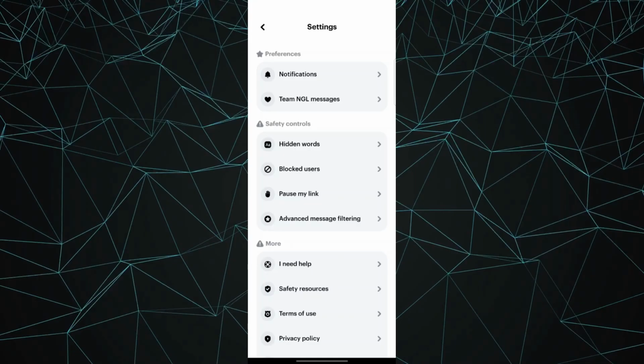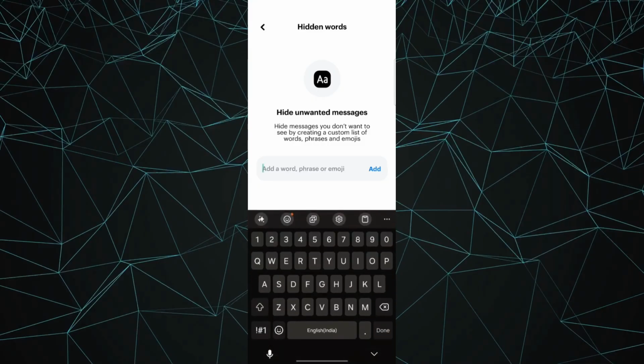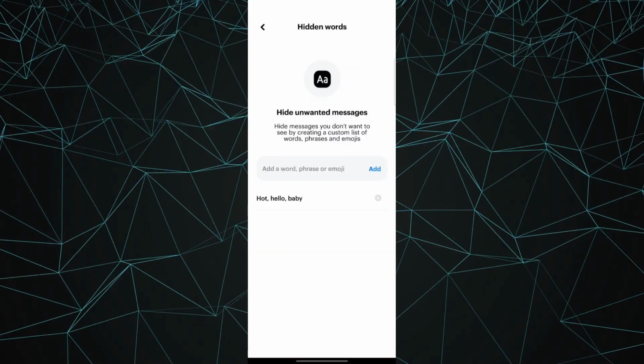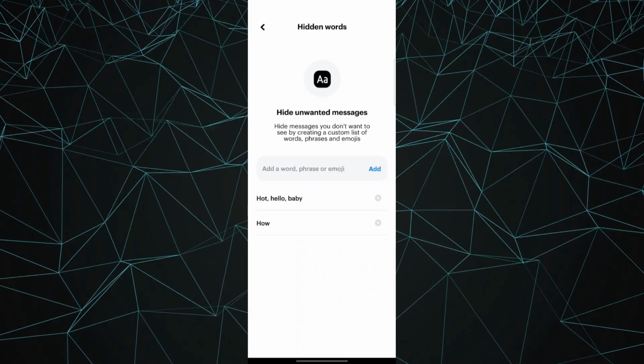Under safety controls, you will see hidden words. Click on that. And here you can enter the words or phrases which you want to filter out. You can separate multiple entries with commas. For example, I am writing, you can separate it with comma. You can also add them individually. You can click on the add button, or if you want to add them individually, you can add them individually